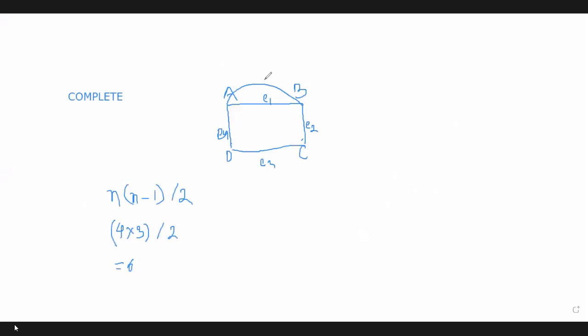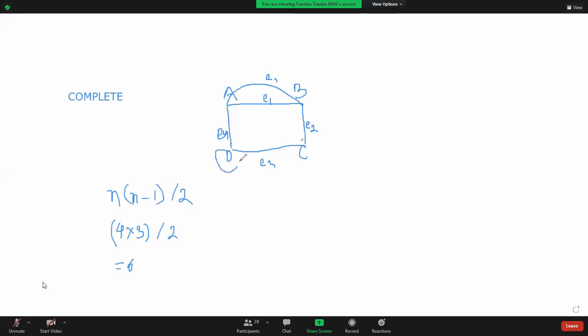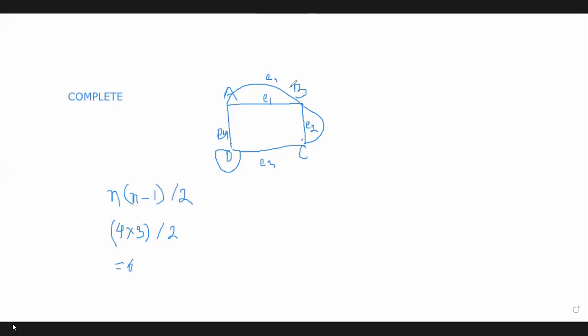So this is the edge E5, and then there is a loop and another edge between B and C. So what is it? It is a multi-graph. Why is it a multi-graph? Because here between some nodes, the number of edges is more than one. Between A and B, how many edges are here? Two edges. One is E1 and another is E5.